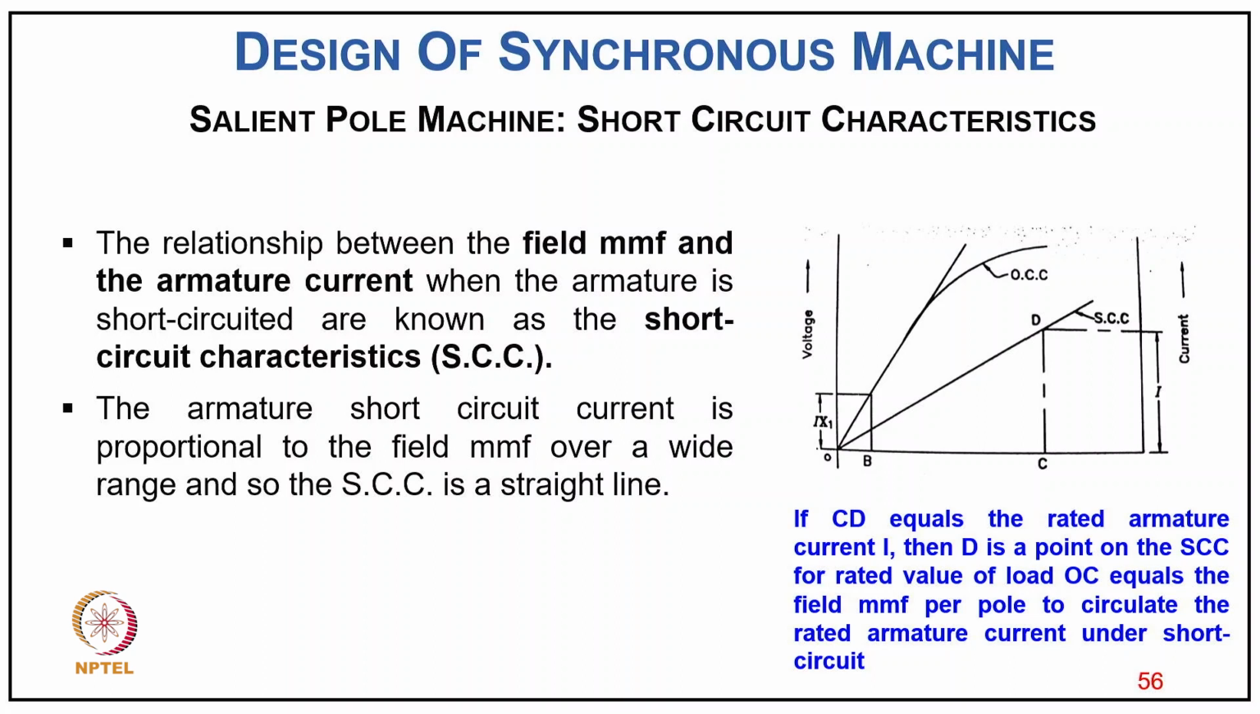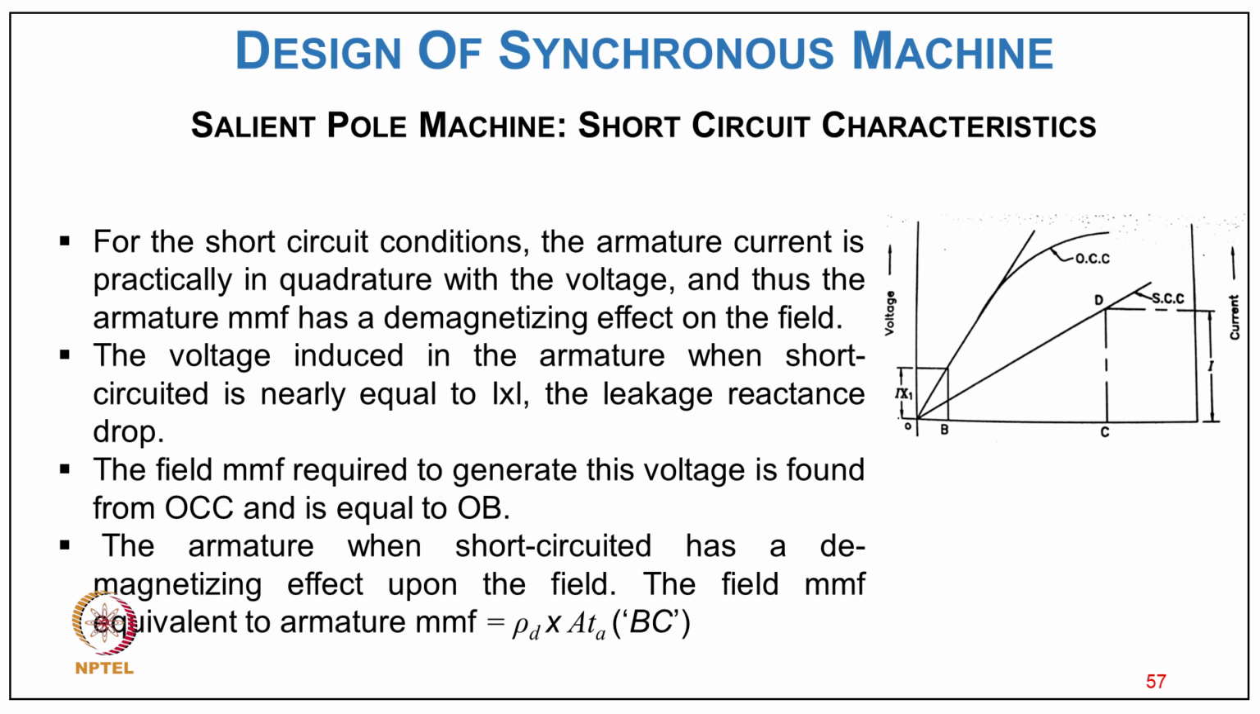So you have a 1.4 rated and join the origin, and that will give the short circuit characteristic. You can have both the short circuit and open circuit characteristics from here. Now for the short circuit condition, the armature current is practically in quadrature with the voltage, and thus the armature MMF has a demagnetizing effect on the field,